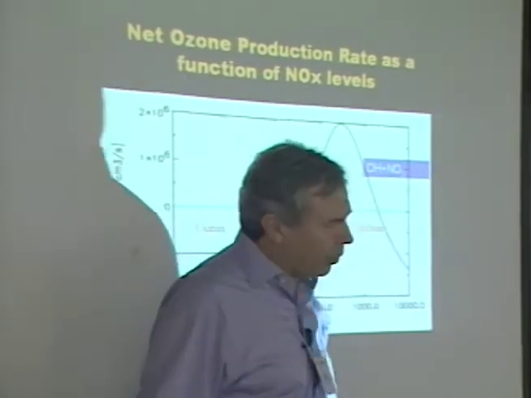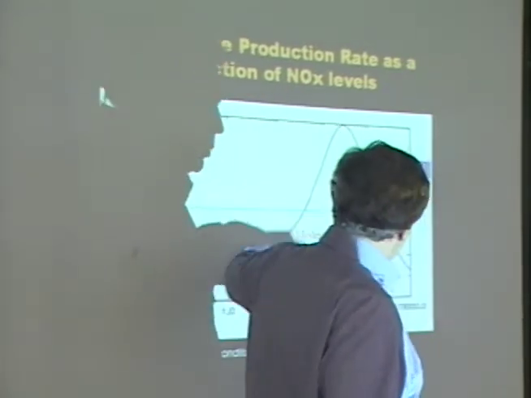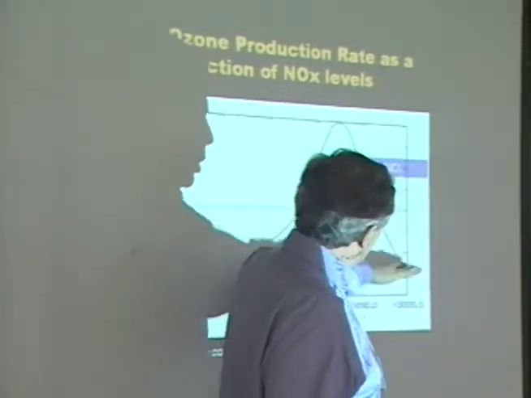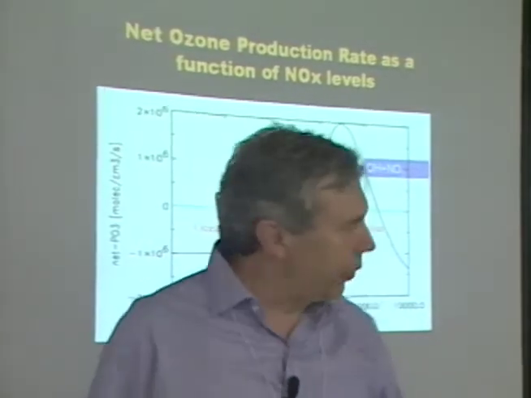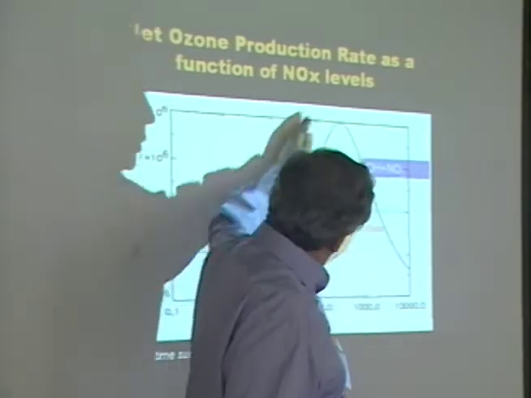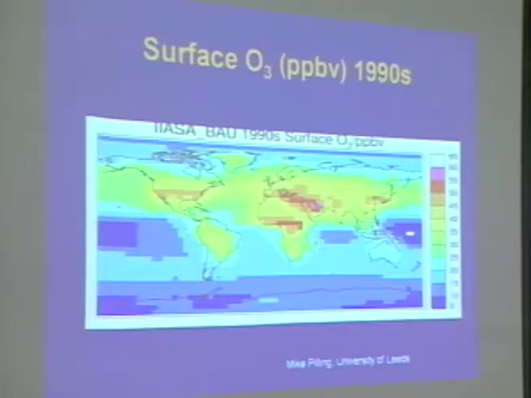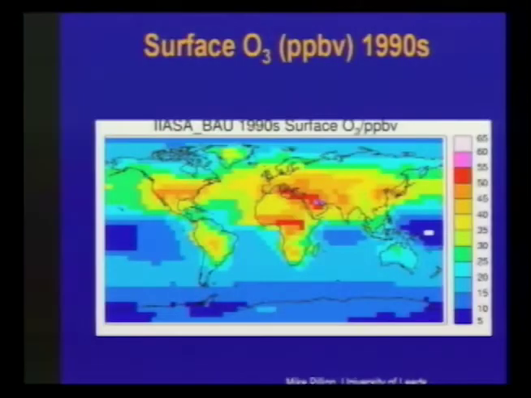Then as you go to an extremely polluted region, like in the middle of an urban area, you really titrate ozone by the NOx. The NOx is as high as ozone, and you have a number of reactions. You convert nitrogen oxide into nitric acid, and so you go back into a situation where the production gets negative. So chemical transport models exist and are able to account for all these processes, and Jean-François Lamarque, for example, has been working very much on these types of models.